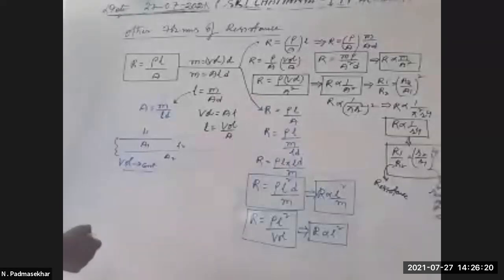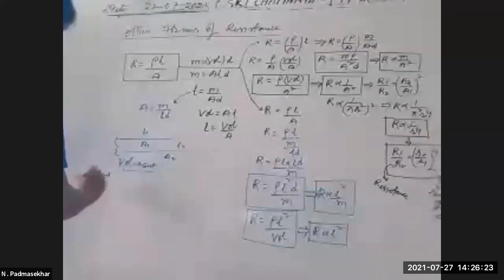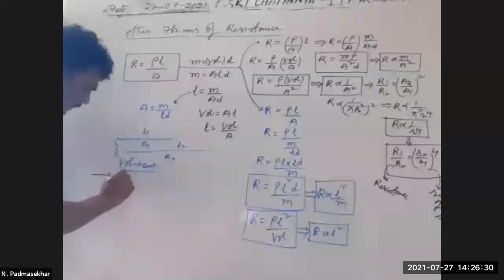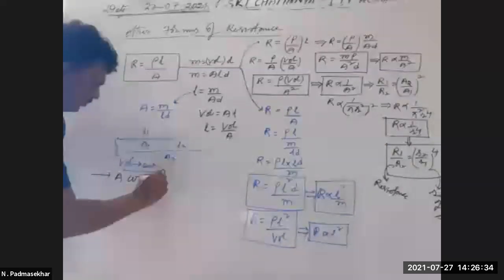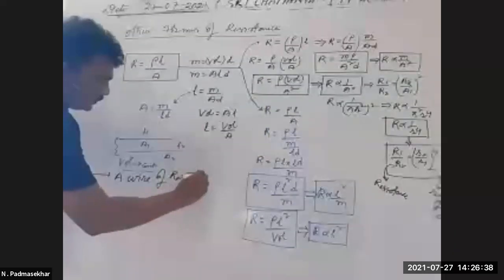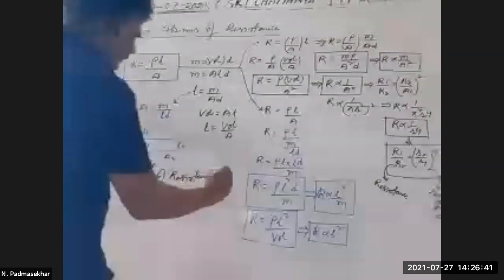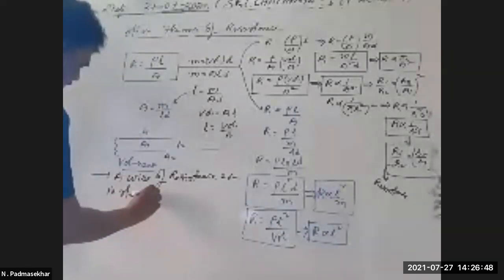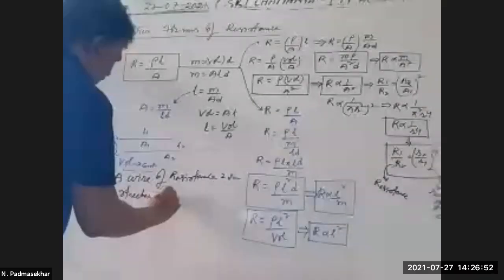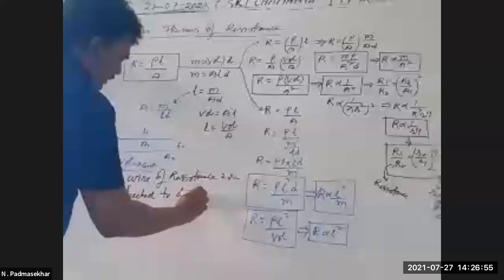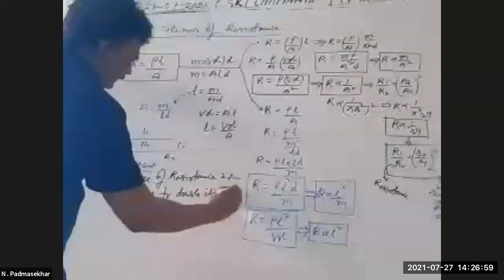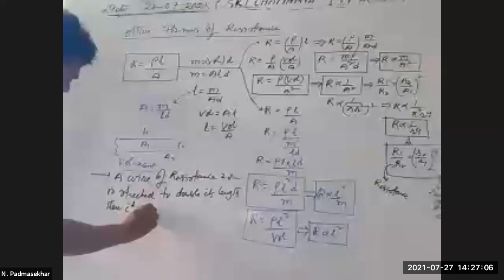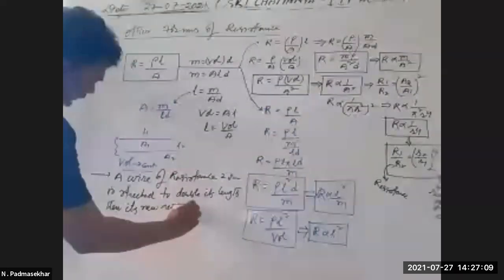Look here. A wire of resistance 2 ohms is stretched to double its length. Then its new resistance is